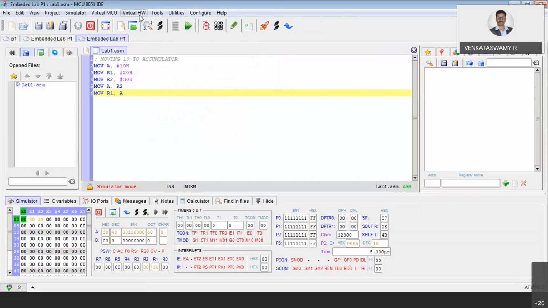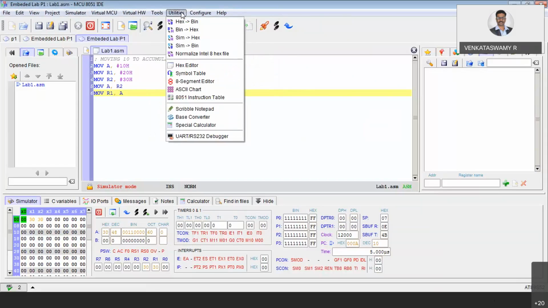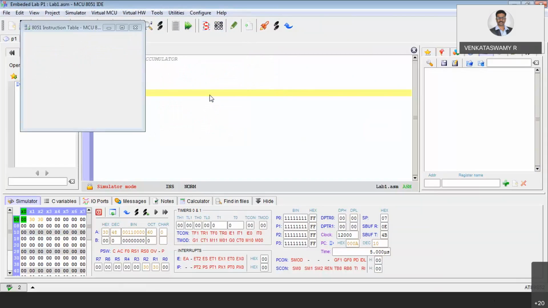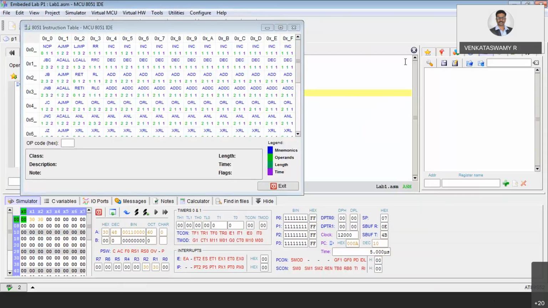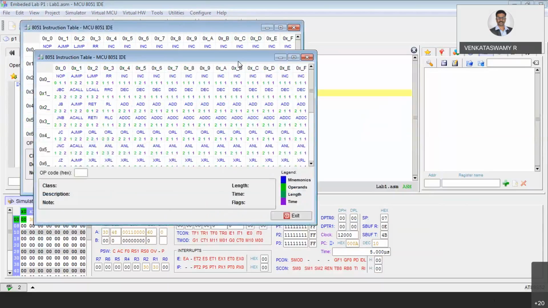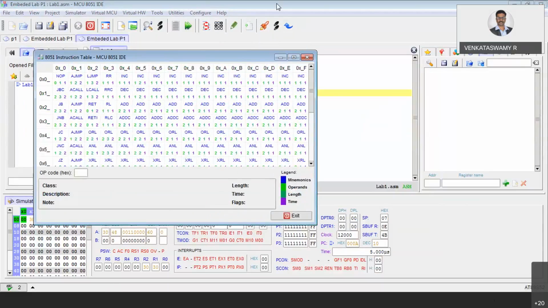Can you go to utilities? Utilities, 8051 instruction table. Okay, so this many instructions are there in the 8051. These are the instructions you have. We are using only the data transfer instructions.